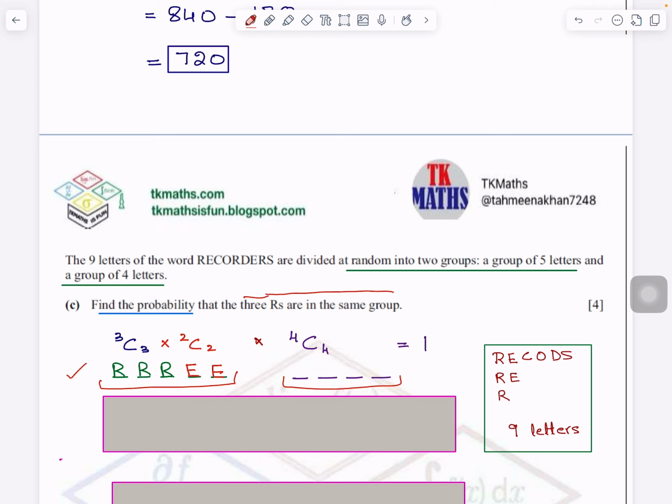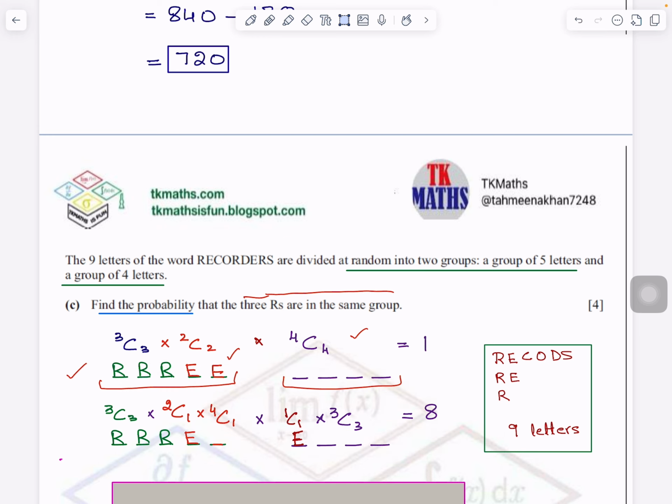If 3 R's are here, now there is another thing which is about E, because E is identical. So you have to deal with each and every case separately. So first of all, I'm putting E's with R. So this group is done. And the remaining 4 will come here, 4C4. So this is one way you can arrange them. Let's see the other case now. So you have to consider all the cases and add up the results.